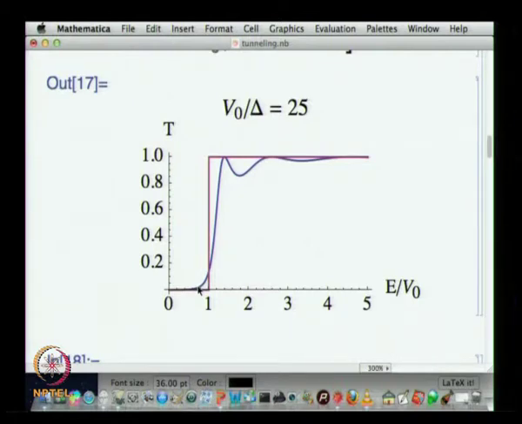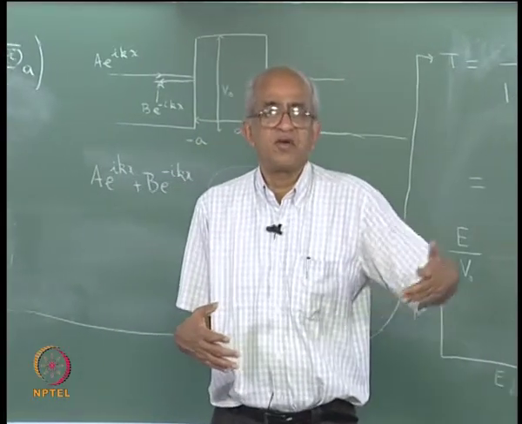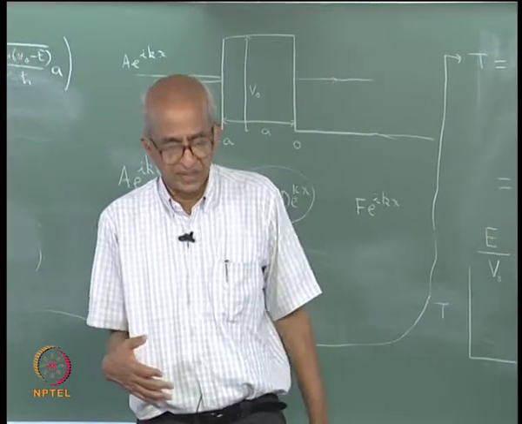And the other thing that you should notice is that even if the energy of the particle is greater than the height of the barrier, for example here, the probability that the particle will go through is not unity. Classically it would have been unity, but it is not so in the case of a quantum mechanical particle. For example, at this value of E, the transmission coefficient is only 0.4, which means that if I had 100 particles incident on the barrier, only 40 of them will go through, the remaining 60 will be reflected.